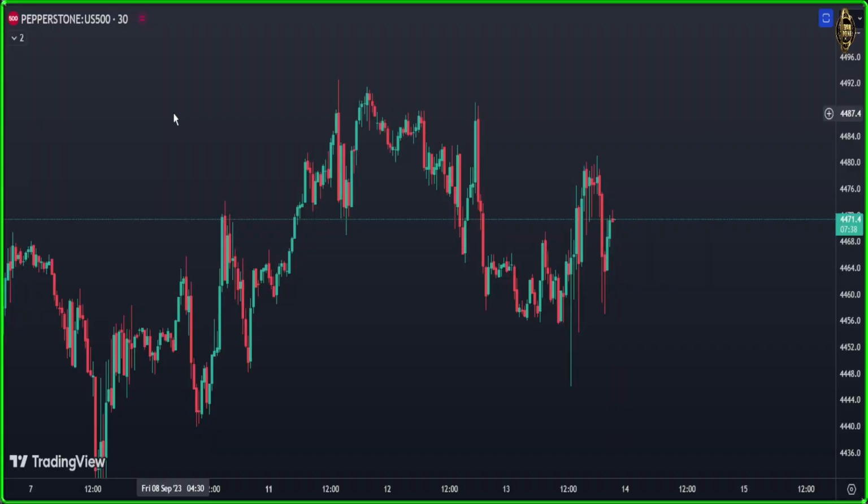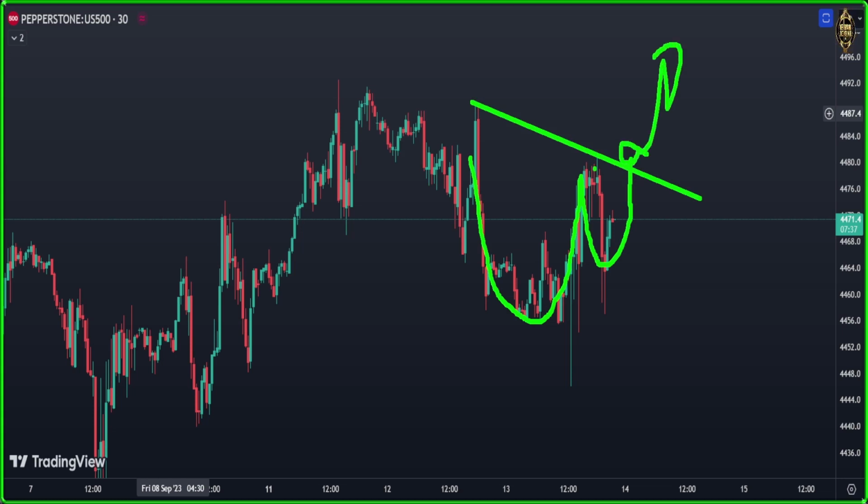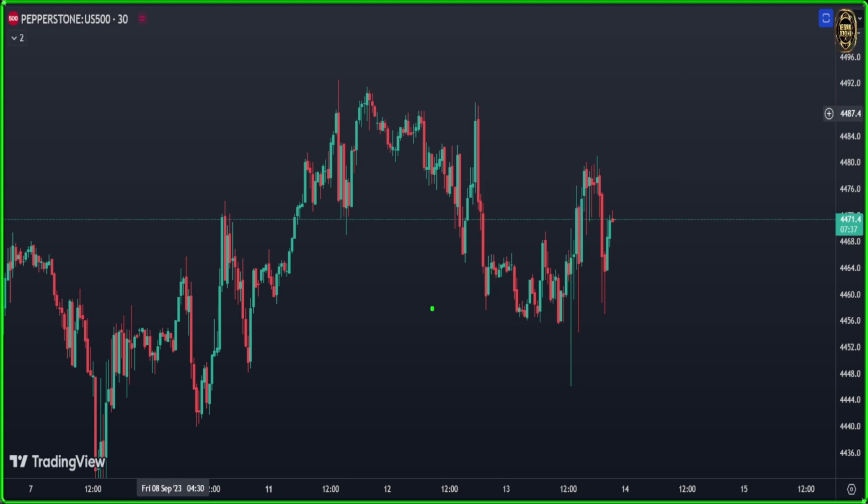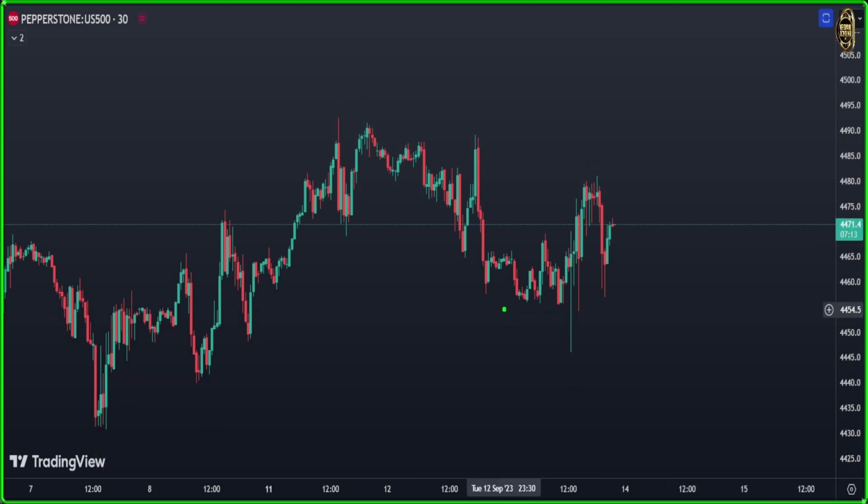Here we are in 30 minutes, guys. Here is only for scalping and day trading. Here in 30 minutes, same thing. Now the market tried to give you here a cup and handle in 30 minutes. If it came up here and breaks that neckline like that, you can enter long more. But till now, you need to wait and see what the market is going to do in the coming days and coming hours.